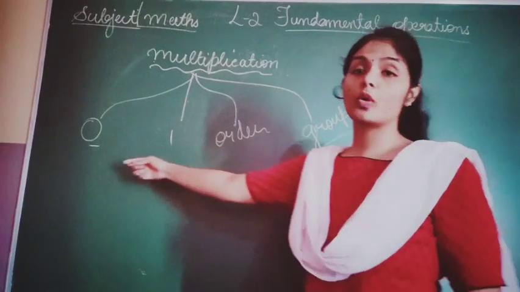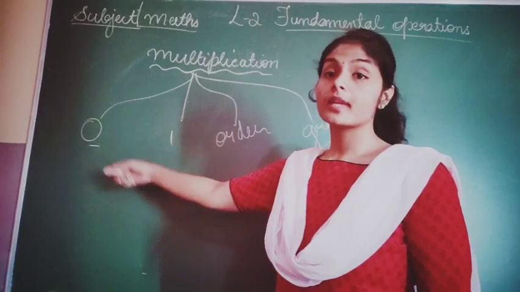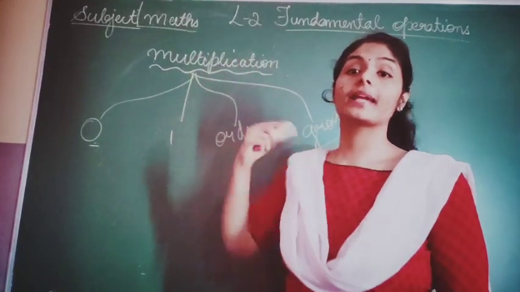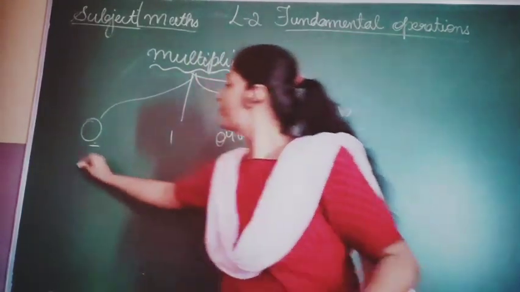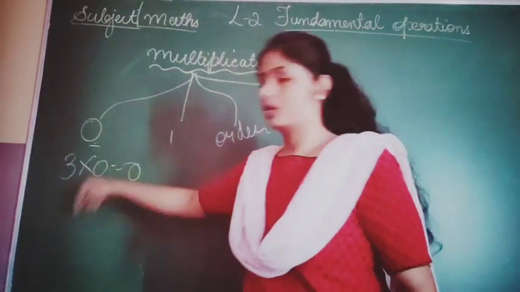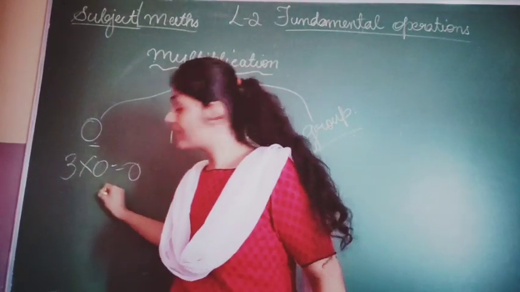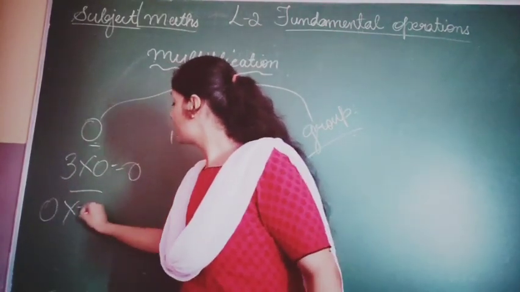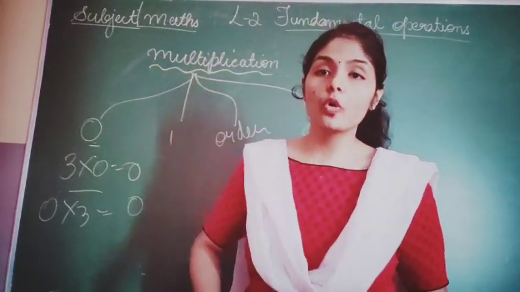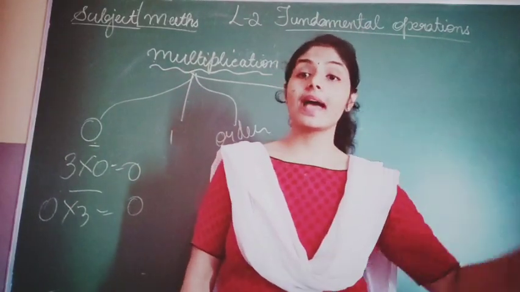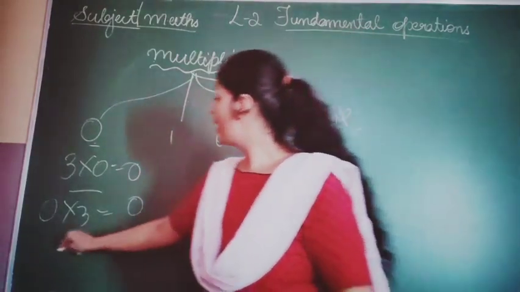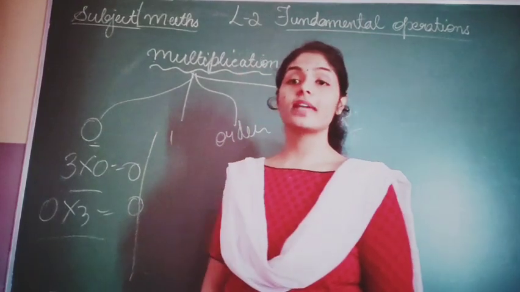So, when you talk about 0, what comes to your mind? When you think 0, you are multiplying something with 0. When you think of 0 with multiplication, that means you are multiplying numbers with 0. Now, if you multiply 3 into 0, your answer would be 3 zeros are 0. Correct, no? Now, even if you change this 0 into 3, your answer will be 0. Even if you multiply a higher digit or a lower digit, any number, it may be in lakhs, it may be in crores, it may be anything, you get the same answer, 0. So, any number multiplied with 0 is always 0.